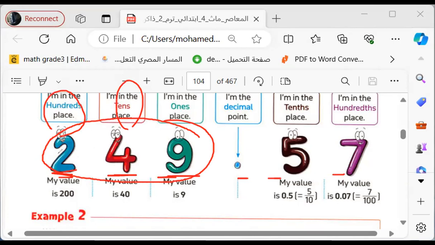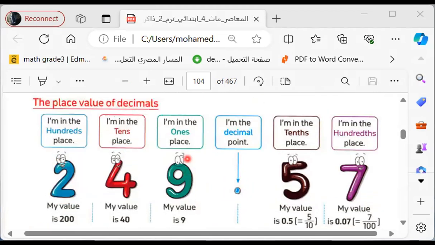The new part now is the decimal point, and I have tenth, hundredth. So in the tenth, I put 5 and 7. That means I have decimal. Don't forget, this is the gate. That means I start my decimal numbers. So one more time, if we are going to remember this, the 9 is ones, tens, hundreds. So I read it